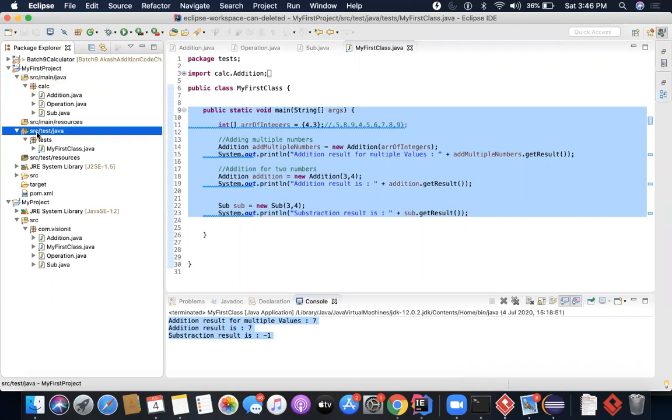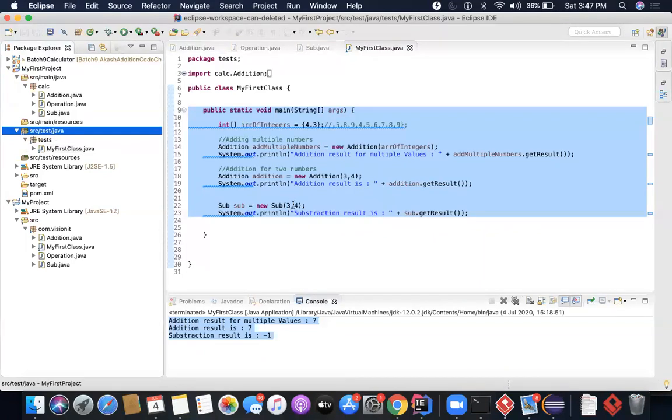But you will always be focused on source test Java, because this is where you're going to write your test code. And that test code can be your API code, it can be your JUnit, it can be a TestNG, it can be Cucumber, it can be Selenium test cases embedded using Cucumber. Whatever it is, it's all going to be inside source test Java. This is where we're going to keep everything.